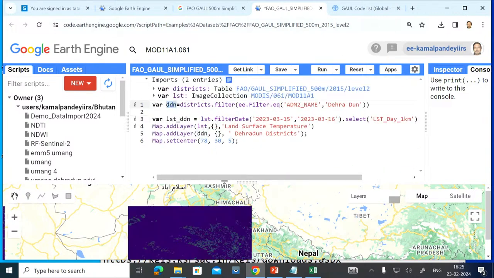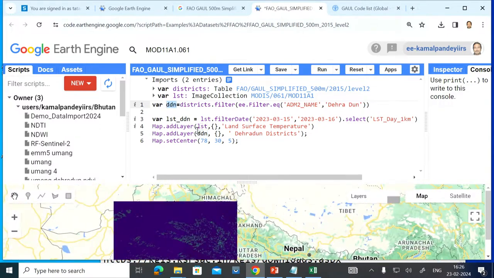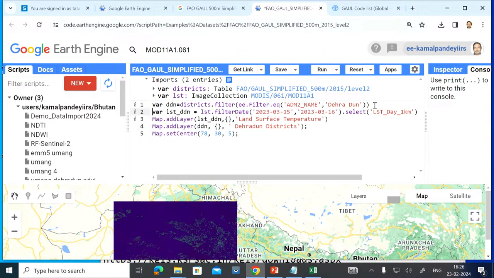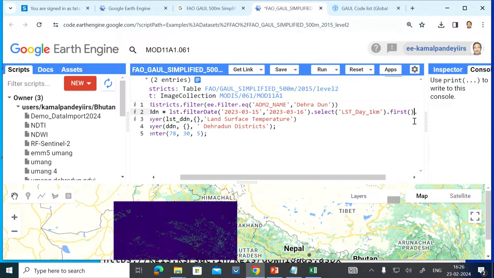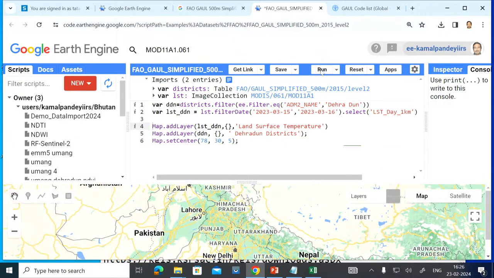Now let us try to see it here. It is showing it here also, Map dot, it is showing for the entire region, if you can see here. Okay, yeah, but I want it not for LST, I want LST DDN. Control V, this I want. This particular variable I want to add now as a layer over here. So if I go to this end section, this is the map here. Now this was the visualization starting, two variables we have created. Now I am just adding it like this, and let us try to run it.